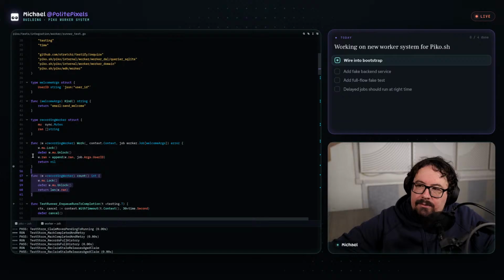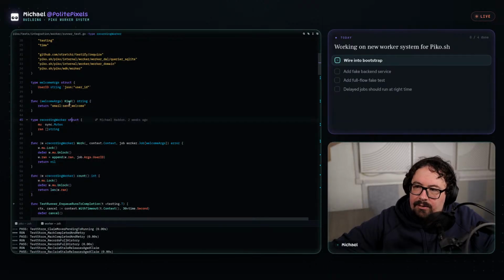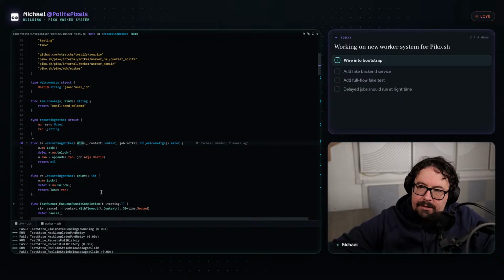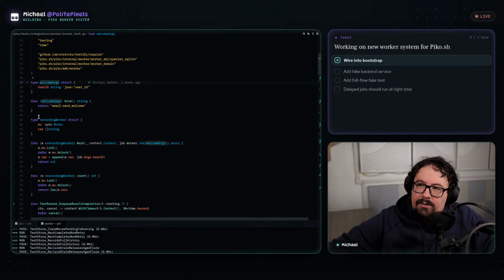You don't need the count, obviously. You don't need to add parameters here. You will need the kind. The only things that are essential are that you have defined a type struct for your worker, and you do have a work method on it. And then the args would be typed.